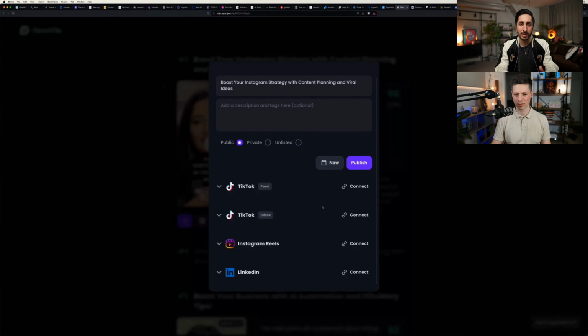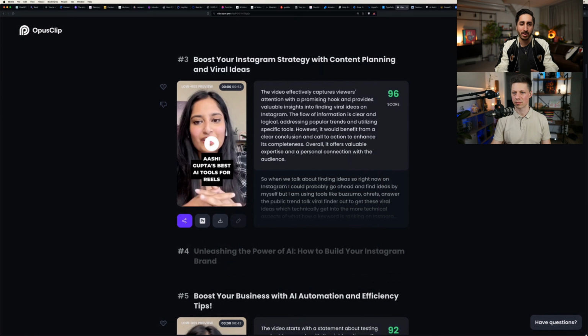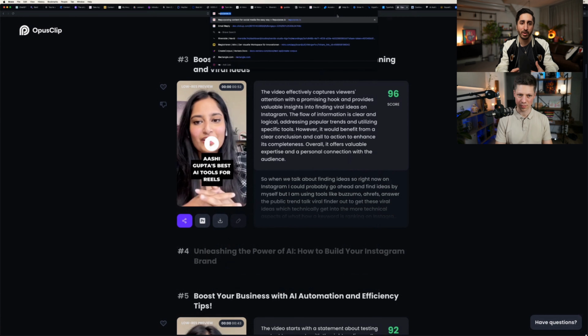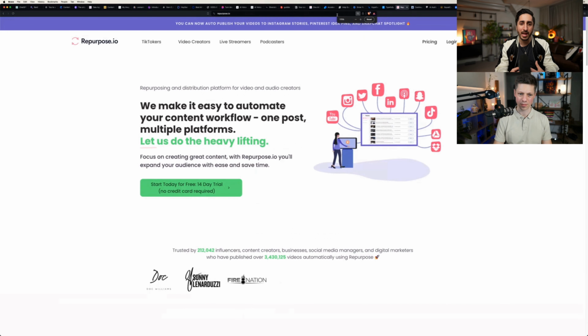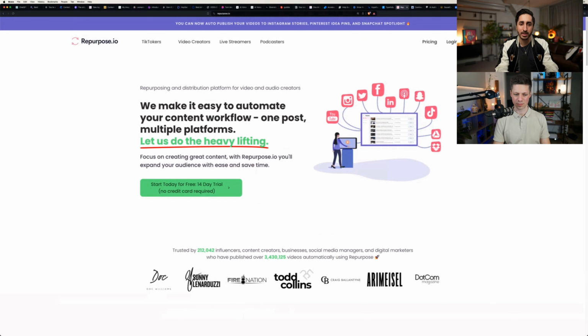There's another one that I like. It's called repurpose.io. I guess it's a little bit of a competitor, but there you can automate it completely. It's not as good for everything, but I would say it has more features for really, really automating this stuff. They started as an automation tool rather than an AI tool. They have been around way longer than a lot of these other tools. By Hanimura, he's actually a speaker on the AI for Creators Summit as well. So he built this tool and he's been around for a long time,